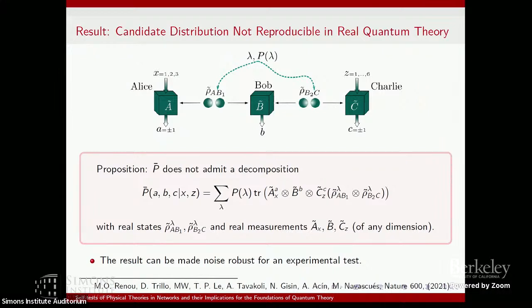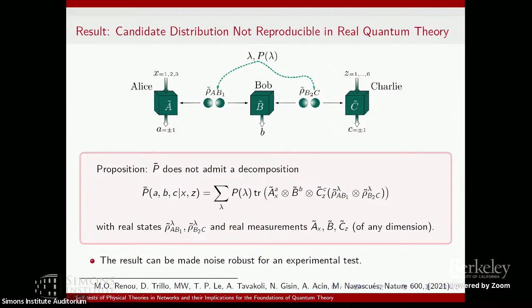So this probability one could think about in the state. The important thing is there is no shared quantum resource between all three. Otherwise, this wouldn't go through. Also, one thing I want to mention: we don't have a dimension bound here on the real quantum thing. So it's really saying that with real quantum systems, with a measurement of any dimension, you cannot recover this. So it's really a gap and something you cannot do.